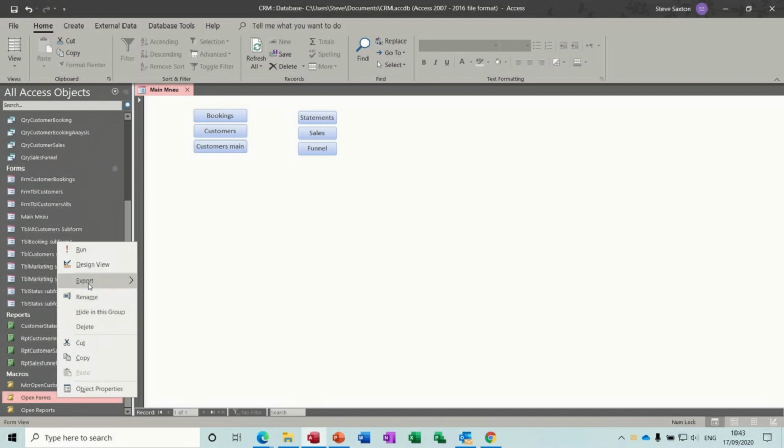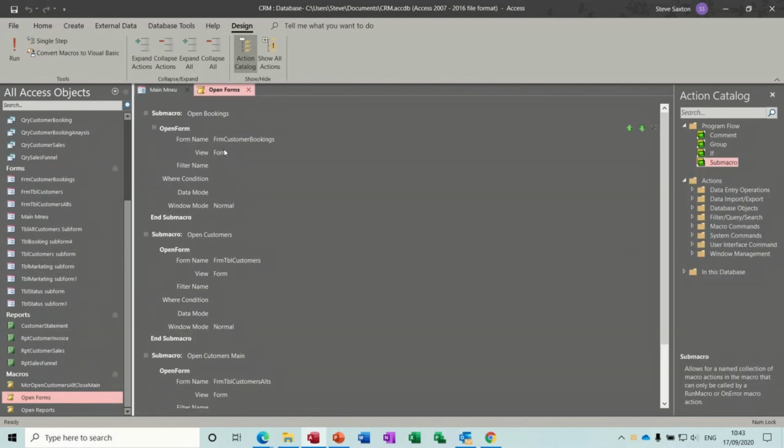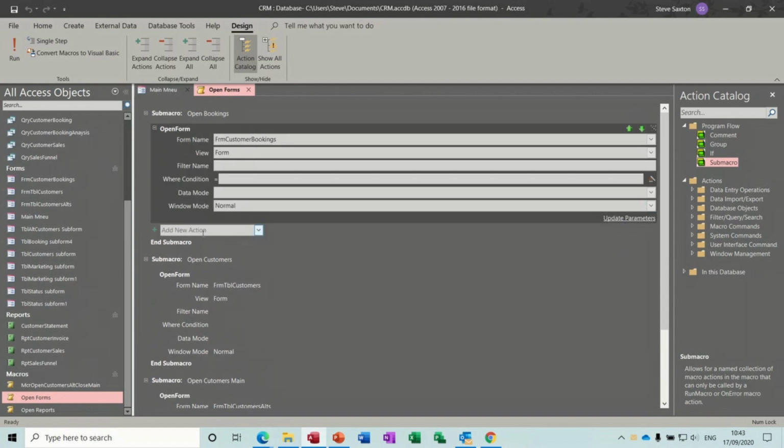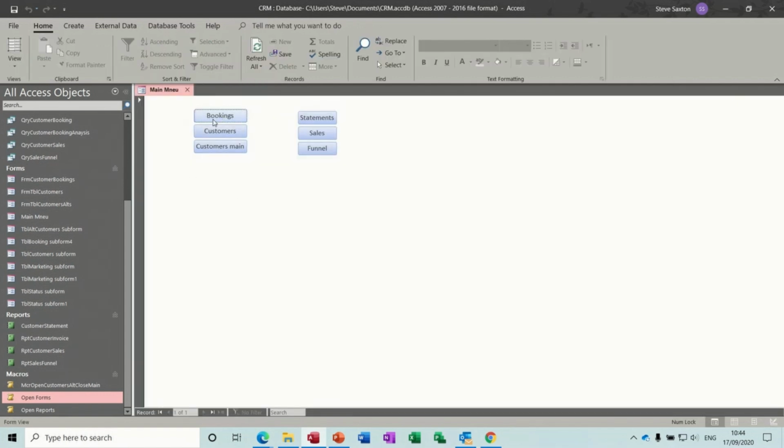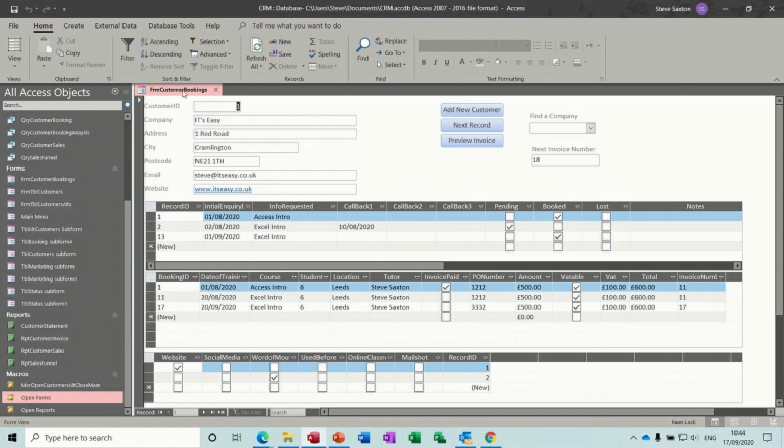if I right click, design view, so this is open form bookings, so there we need new action, so we need to close, not database, window, so it asks me which window to close, so therefore I'm going to say it's a form and it is the main menu, and that's all I want to do. So if I now save this, and I will do the same for each of these sub macros as well, close that. So what should happen now when I click bookings, it opens bookings, but it's got rid of the